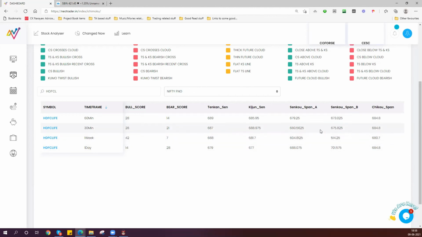It is above the cloud, so it is mildly bullish yet. And TS and KS are above this. So as soon as the price climbs above the Tenkan Sen, then price is above the cloud, price will be above Tenkan, then Tenkan has to go above 689, then Tenkan will go above Kijun, right? And so that's the way it will go. So now you've got Senkou A above Senkou B, so the future cloud is also bullish. So like that, you can plan your trade once you are familiar with all these.